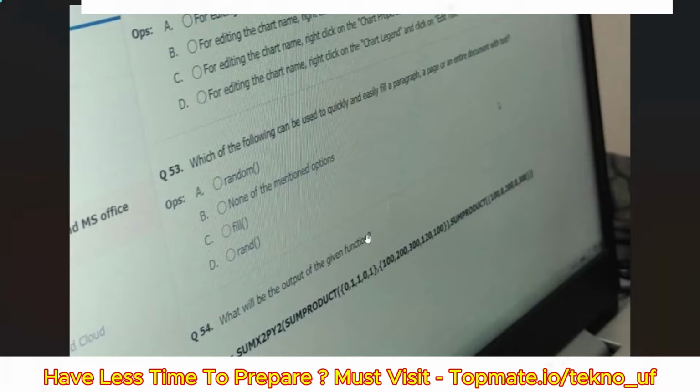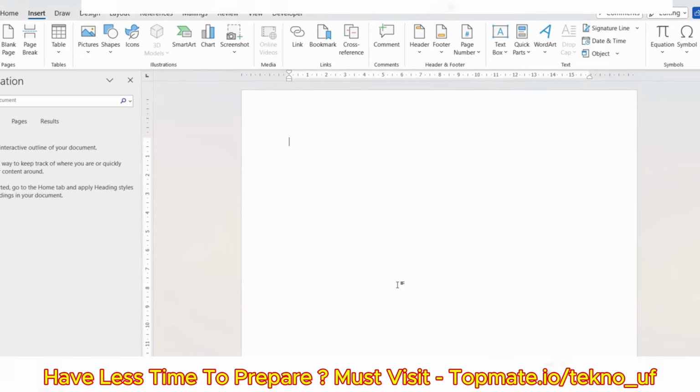Which of the following can be used to quickly and easily fill a graph, a page, or an entire document with text? Random function, fill function, rand function, or none of the mentioned options. The question is asking which of the following will help you fill a full page with just a single click. Let me check. =random, enter, nothing is happening. =fill,